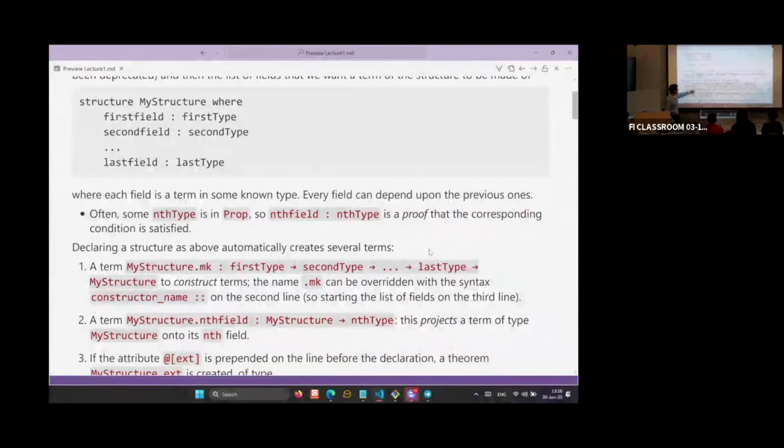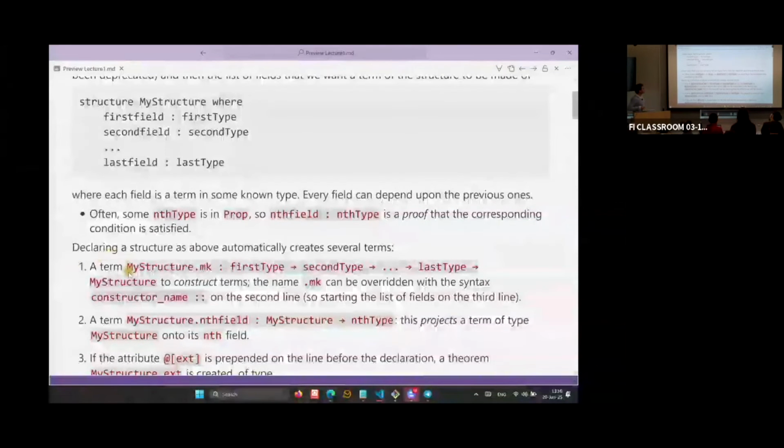And this is a huge function that, applied to all these arguments, produces a term in my structure. So from the type theoretical point of view, this is certainly a type whose terms can be constructed in these ways.